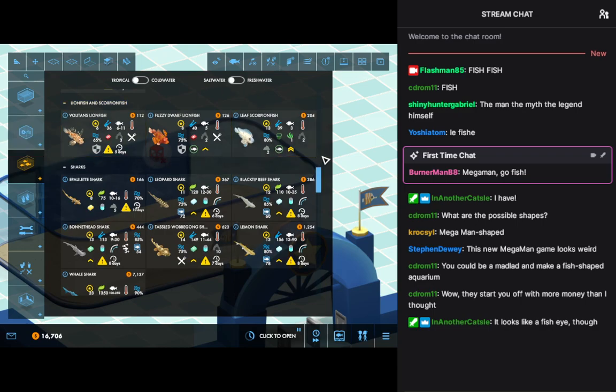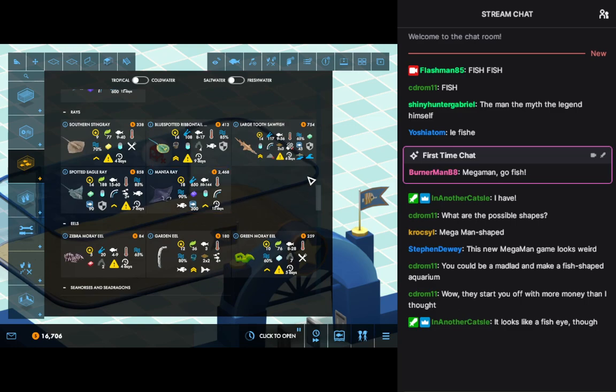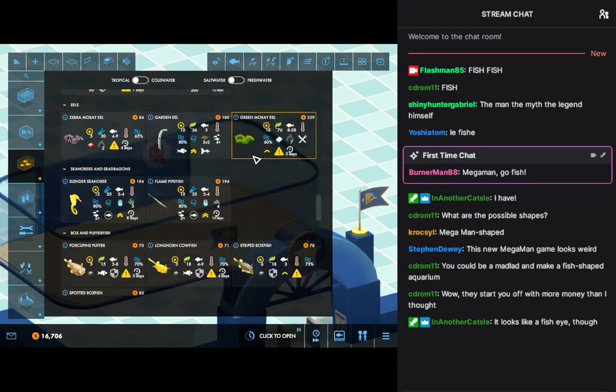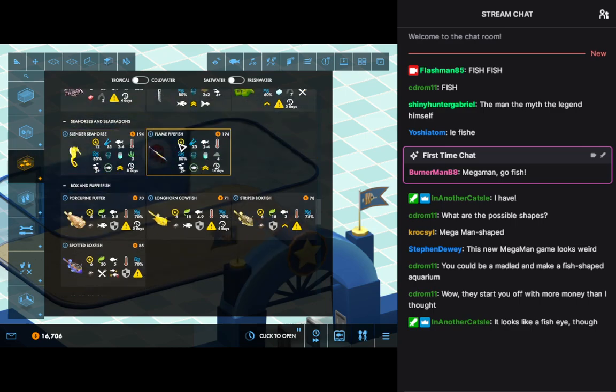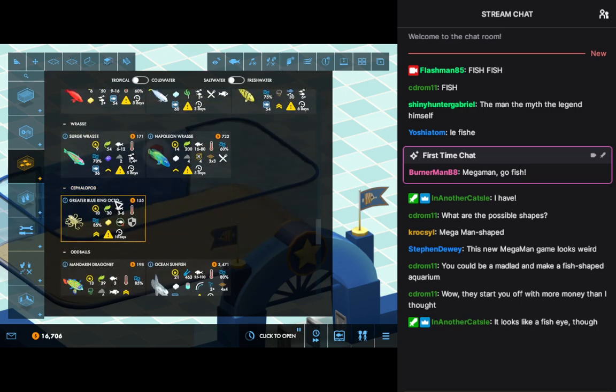All of the lionfish, some of them have requirements that they can't be housed with other types of fish, so these can only go together. These two can only go with each other. This one can hang around with other fish. And then we got sharks, stingrays, manta rays, eels, seahorses, which also can only be housed with each other, pufferfish, snappers, finfish, wrasses, tiny, extremely poisonous octopus, and you